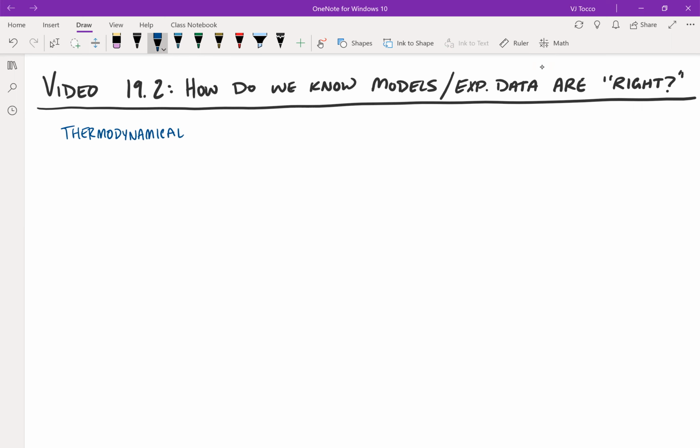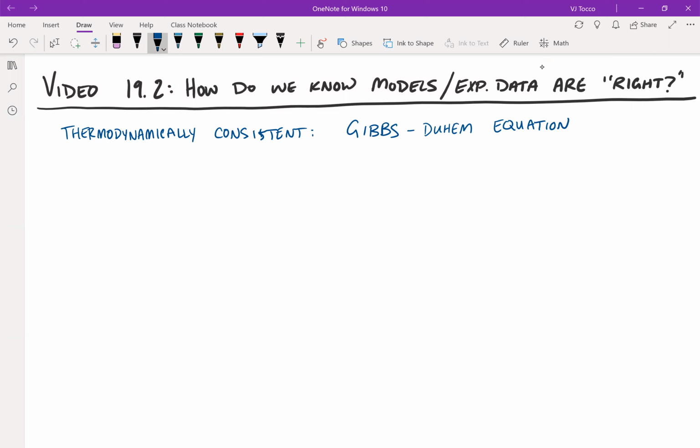And in order to evaluate the thermodynamic consistency, we need to evaluate the Gibbs-Duhem equation. So the Gibbs-Duhem equation is something that I first introduced way back in lecture 12, or in class 12. And when I introduced it there, I said it was a constraint equation that must be true for any model